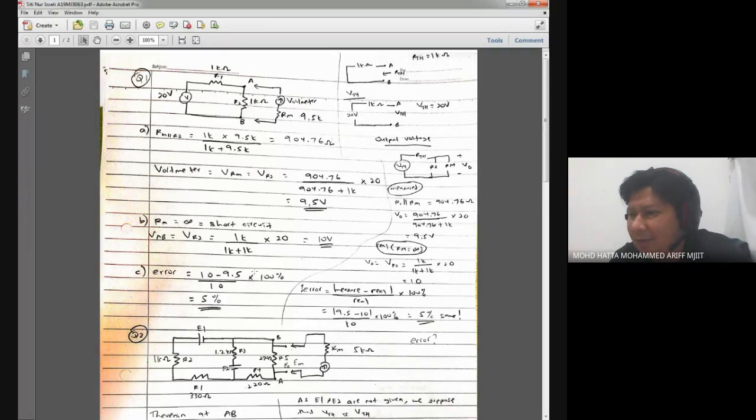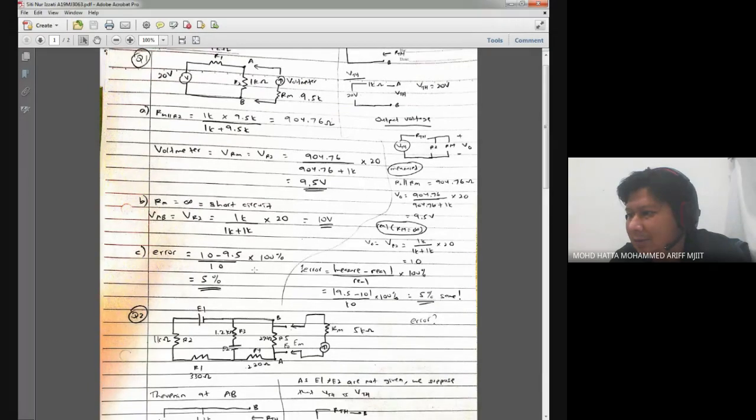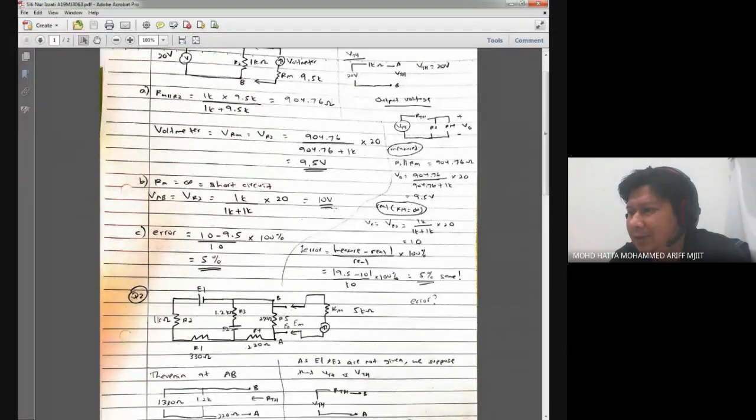And for the second part, Rm equals to infinity, your answer is 10 volts. Yes, it's correct. You see here, I mentioned in our class last time, the Rm value must be as big as possible. So here, when we replace our Rm equals to infinity,